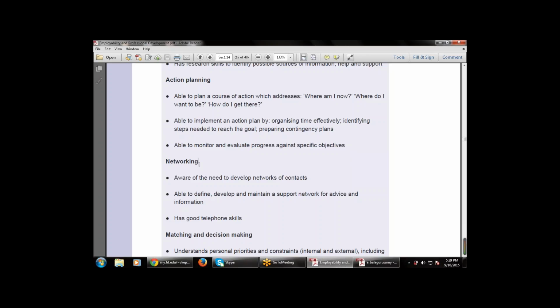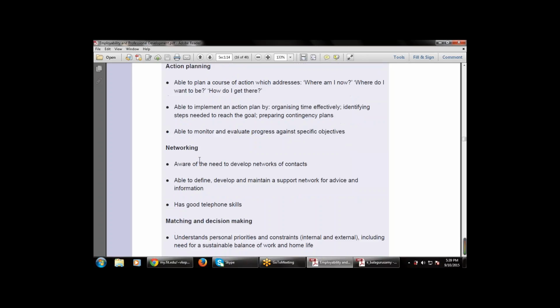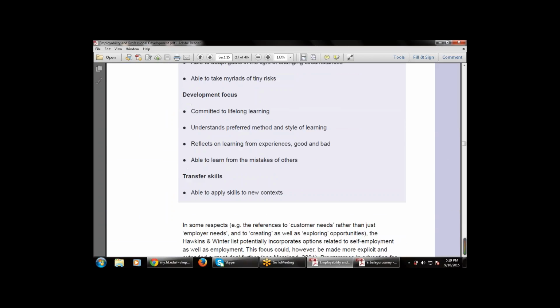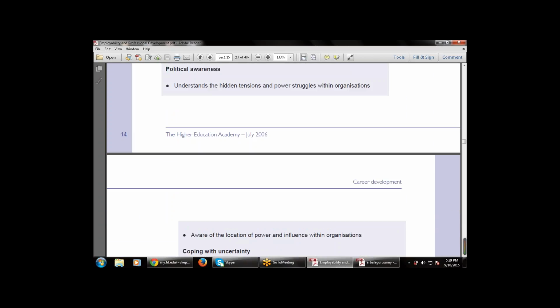The next is matching and decision making, that is how to match the decision, that is how to manage the decision and how to do the decision making, that is matching and decision making. So this includes understanding the personal priorities and the constraints, that is what are the personal priorities that are used for the various constraints,